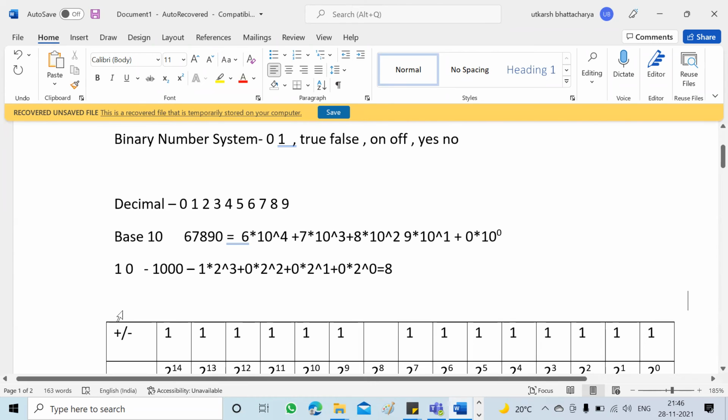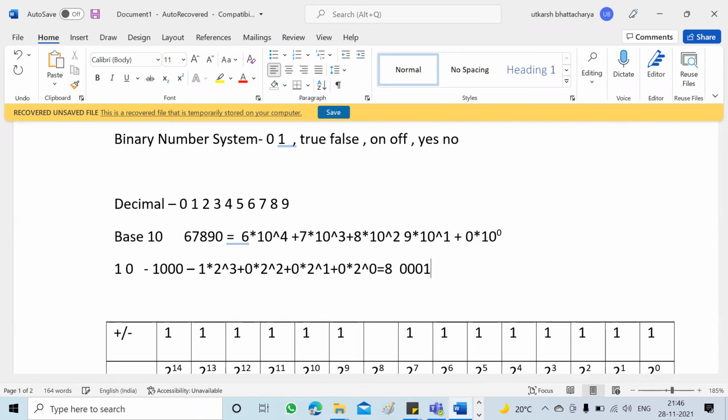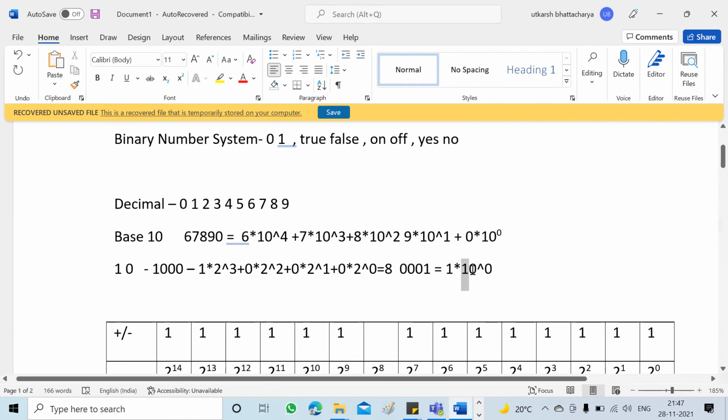Just like that, any number, let's say you wrote 001. Here, this represents 1 only. How? I will show you. Equal to, just in the ones place, 1 into 10 to the power 0. Now everyone knows that if any number has a power of 0, the final answer is going to be 1, right? If it says 5 to the power of 0, it means 1. So here the final result is 1 into 1 equal to 1.